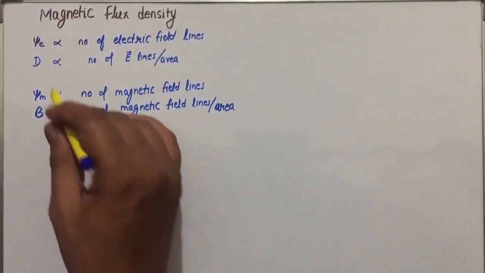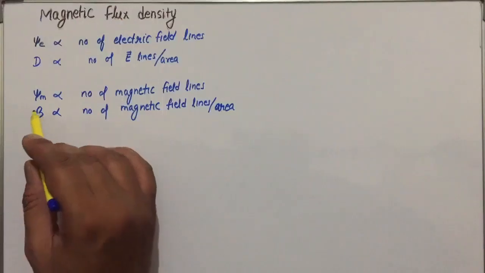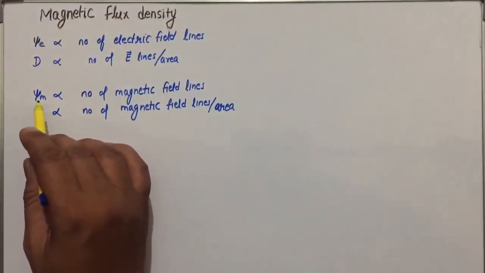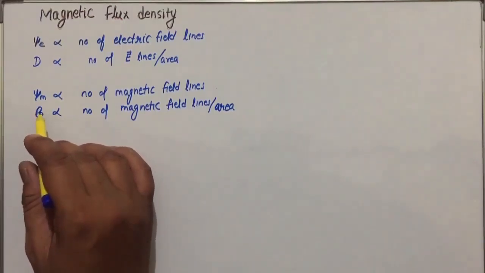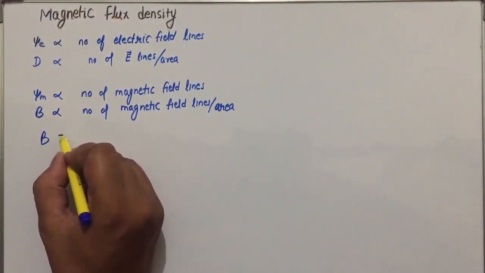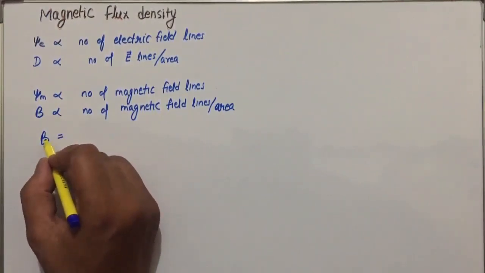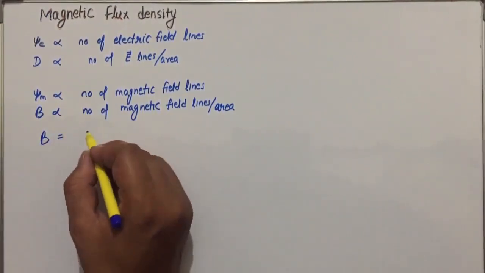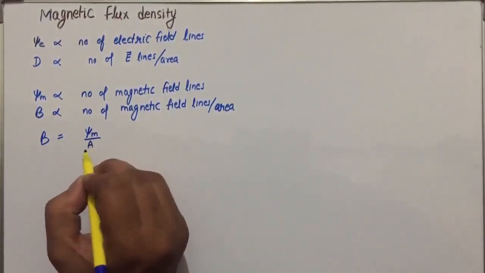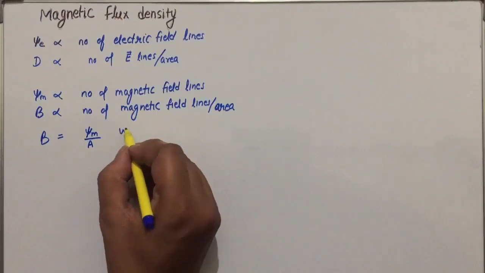So similar to electrostatics, we have the same relationship for magnetic flux and magnetic flux density. So from here we have the unit of magnetic flux density as magnetic flux per unit area, that is Weber